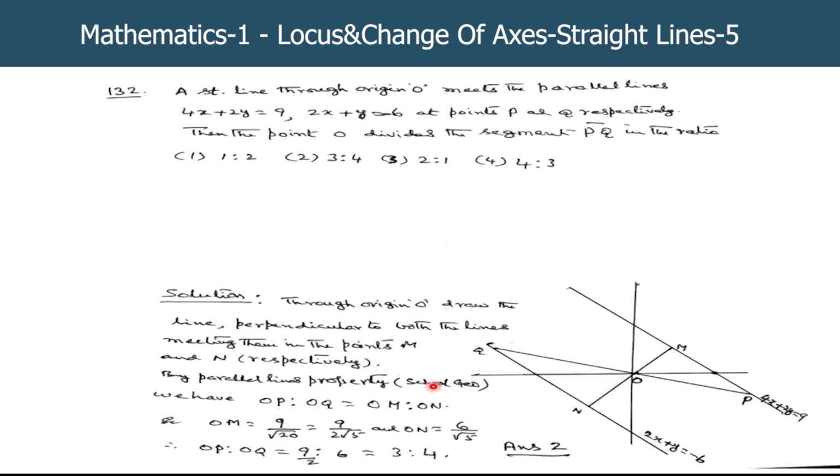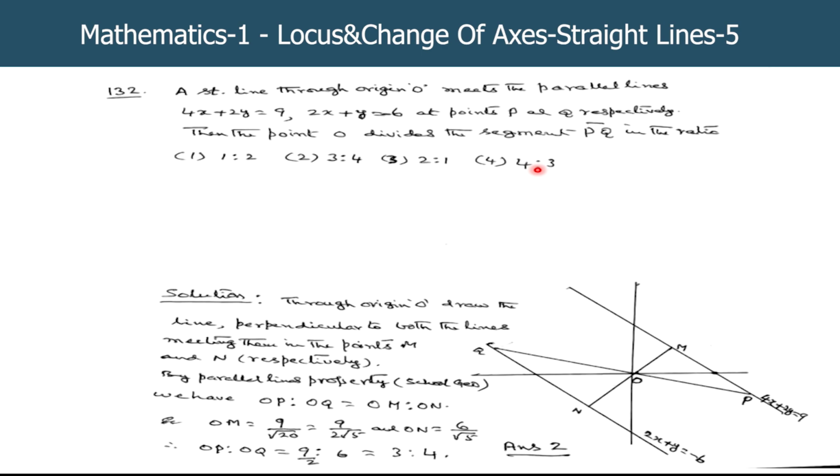132. A straight line through origin O meets the parallel lines 4x plus 2y is equal to 9 and 2x plus y is equal to minus 6 at points P and Q respectively. Then the point O divides the segment PQ bar in the ratio 1: 1:2, 2: 3:4, 3: 2:1, and 4: 4:3. And you know that in the elementary geometry or in the 8th class itself, any two parallel lines,